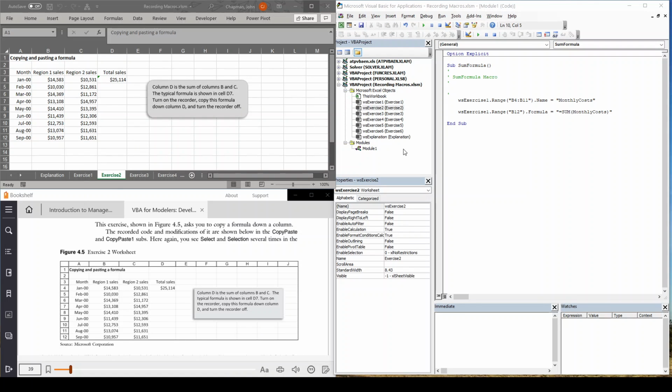Okay, the next exercise in the book is exercise 2. And this is on tab 2 of the recording macros file, which again is available on Canvas. In this exercise, we're simply summing up column B and column C into a column D. It wants me to turn on the recorder and then copy this formula from D4 down the column and then